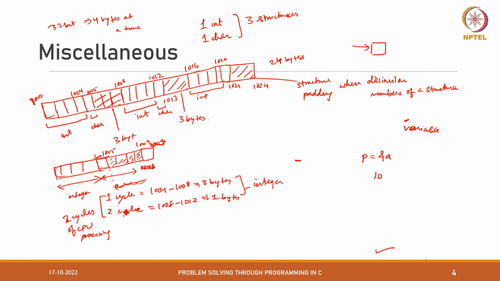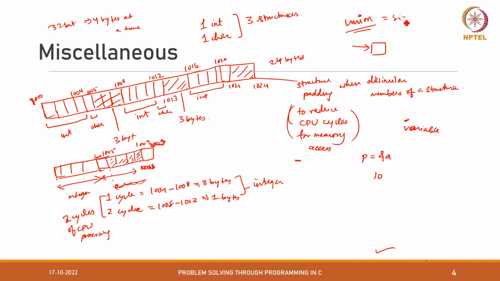Yeah, to reduce the number of CPU cycles, right? So the entire objective is to reduce CPU cycles for memory access. Now if you want to reduce the memory as well, if you are saying that by this we are wasting memory, basically if you have a large array of structures, you'll be wasting a lot of memory just by padding. So in that case we can simply use a union instead of a structure. If our code allows for it, we can use a union instead of a structure, which will take the size